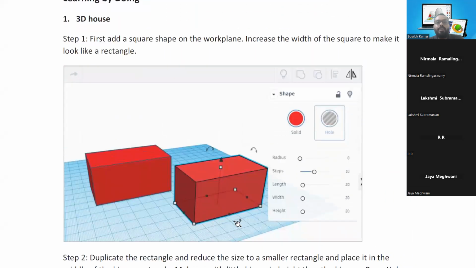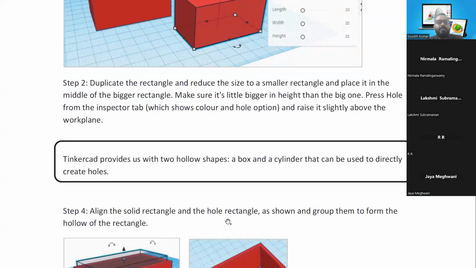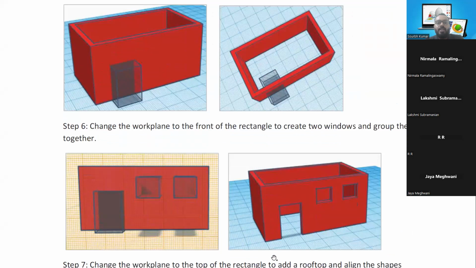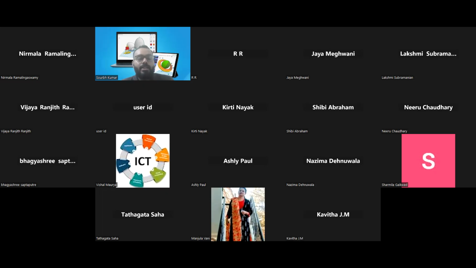As a teacher, we need to have those capabilities on our side. Otherwise, it will be difficult for us to guide the students properly in each and every segment. So I request you all to join the classroom I created for the TinkerCAD platform for each and every